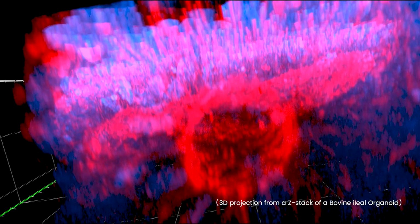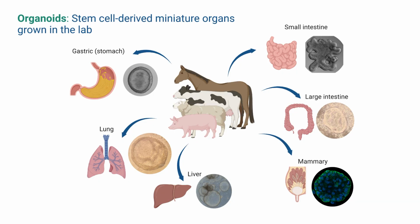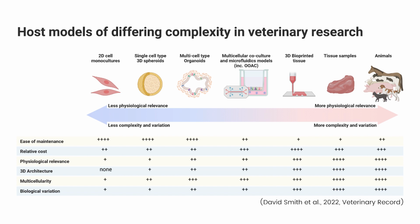organoids. At the Moredun Research Institute, we have been developing species and tissue-specific organoids representative of various tissue types for large, farmed animals. This includes mammary organoids, upper airway and small airway lung organoids, liver organoids, gastric organoids, and various intestinal organoids. These platforms are enabling our researchers to perform precision-based research that improves our understanding of host physiology, host-pathogen interactions, and drug and vaccine delivery, which will ultimately lead to new developments for the improvement of animal health and